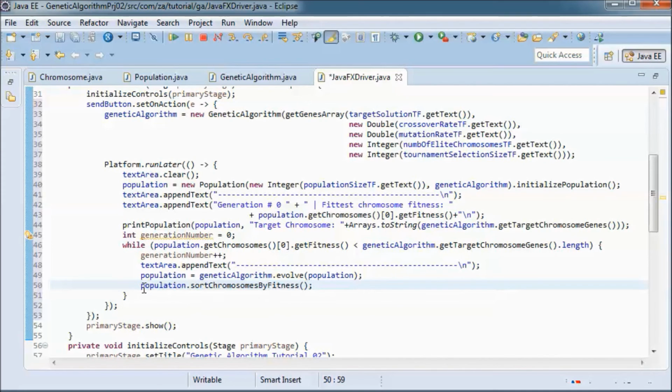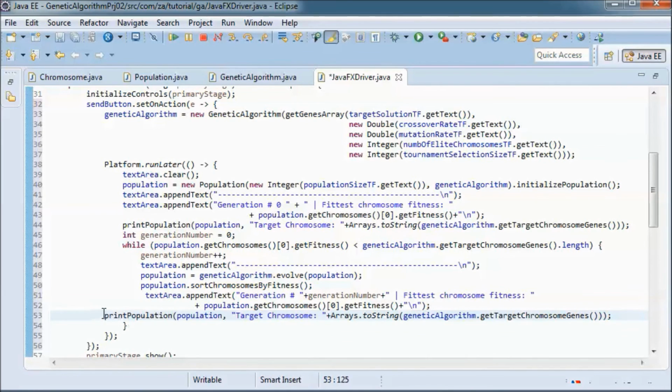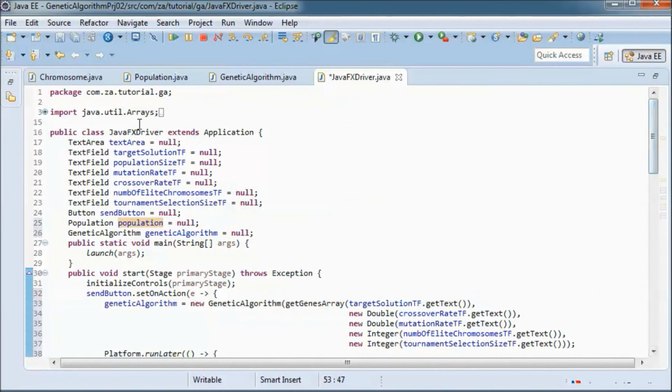Then I will sort the chromosomes in this population by fitness, and add this to the text area. So the generation number and the fittest chromosome fitness, and we will print that population. And this should do it.